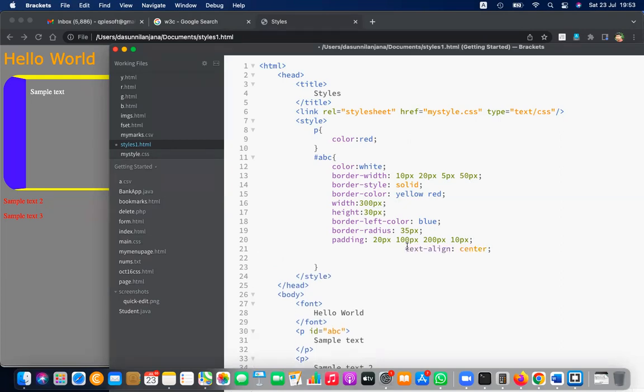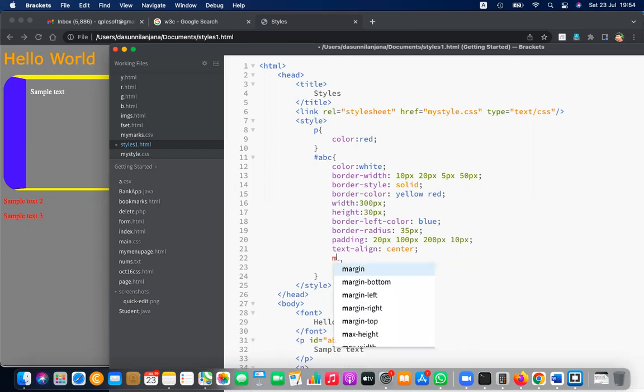Okay, these are the things that you can do. This is padding. So the border is the margin, then the padding. Then there's something called margin. Margin is actually something external. Margin means the gap between another element and this element. So let's say margin top,